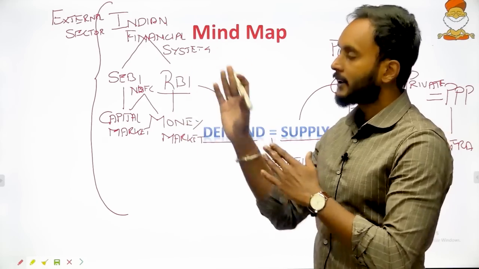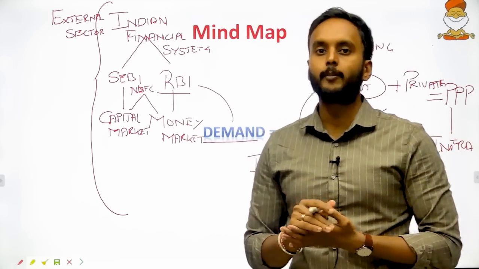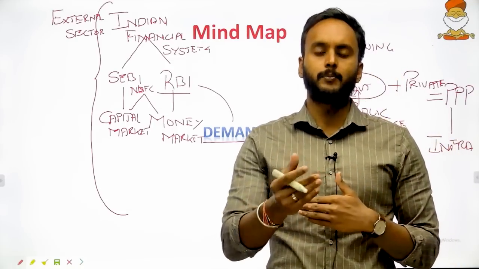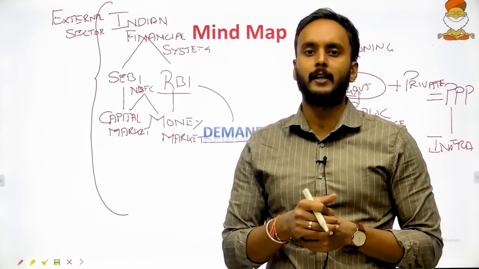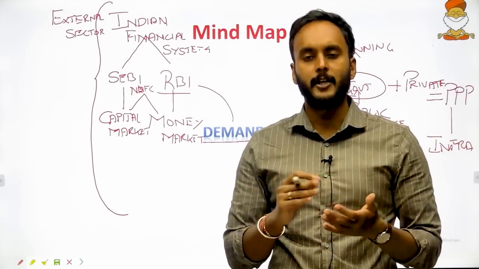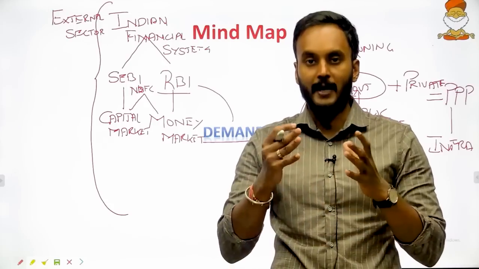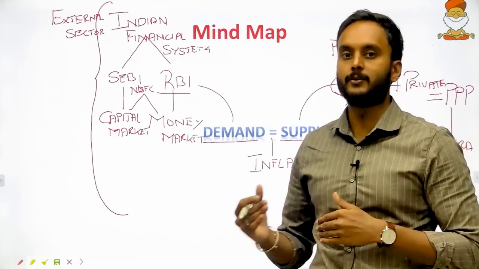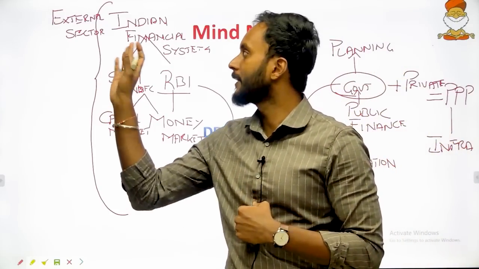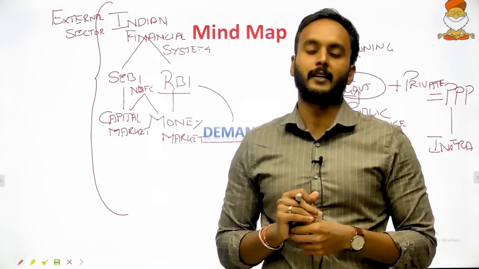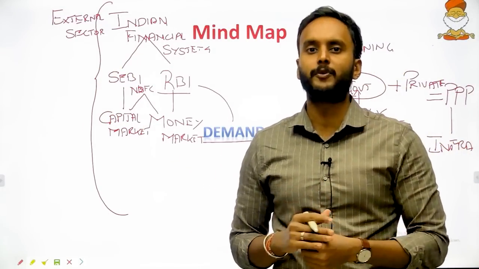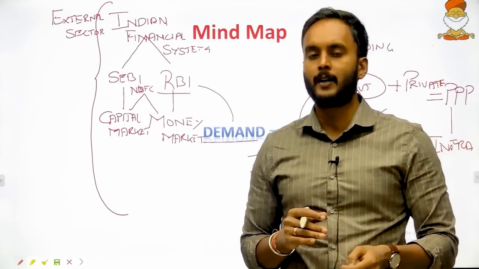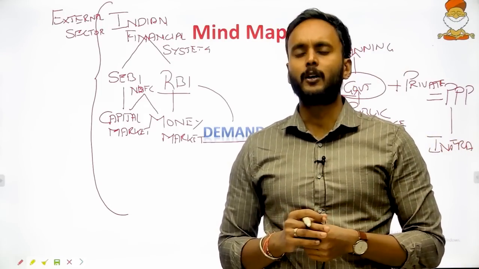So, students, external sector is a chapter where we would be discussing what the exports of India are, what the imports of India are, the concepts behind rupee depreciation and rupee appreciation, what the balance of payments is, and all the challenges faced in the international markets with respect to the economy. These are dealt with as a part of the chapter external sector. Students, to give you a few examples regarding this,